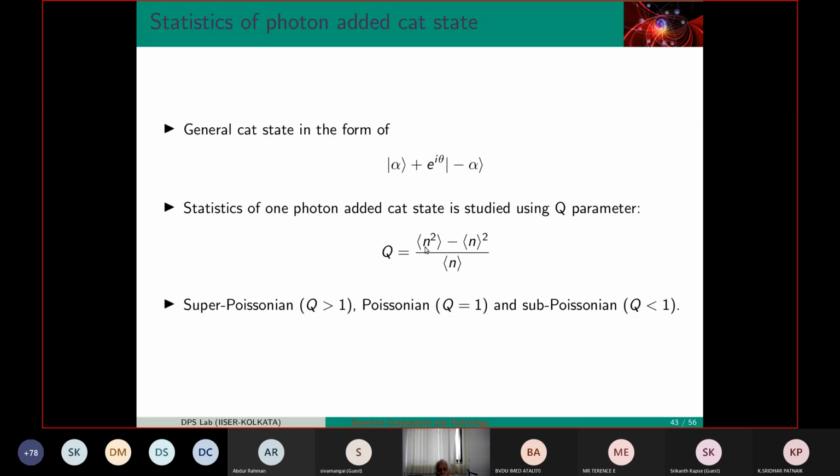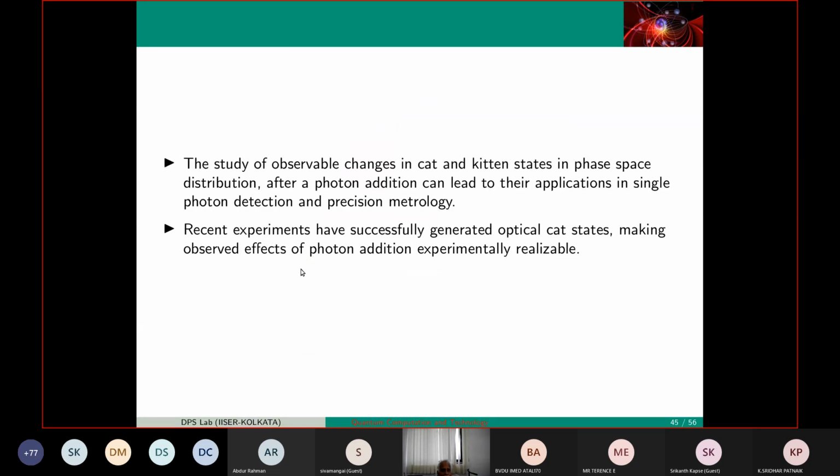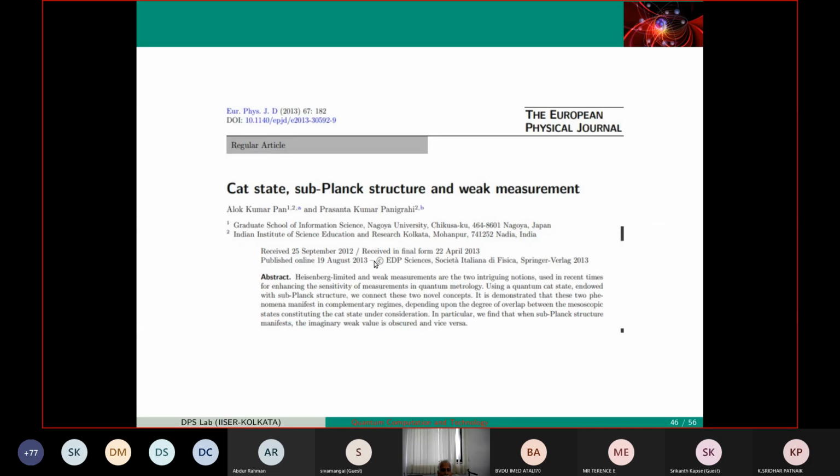So Hanbury Brown and Twiss did the experiment in Australia in '57, looking at starlight, how it is fluctuating. 2 Nature papers, one by an applied mathematician, one by a radiophysicist. That is how this came to characterize light, looking at the statistics. So there are parameters which can actually check out small subtle differences. You can see here these three are identical. But at low photon number in the quantum domain, they differ. So these kinds of experiments people are actually carrying out now. Now, cat and kitten states are experimentally possible. So nice.